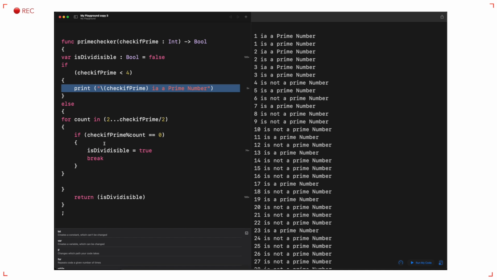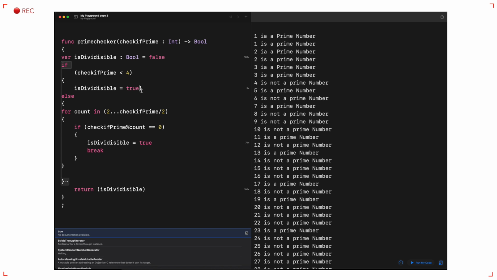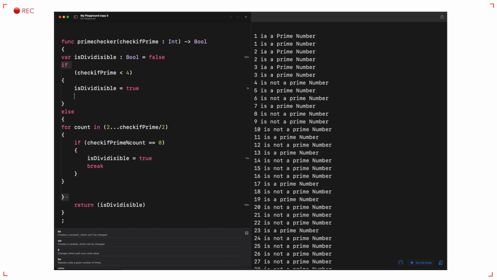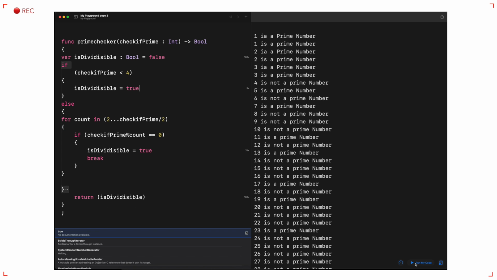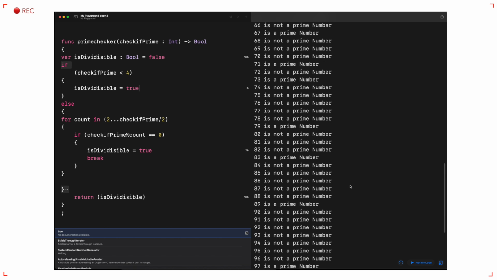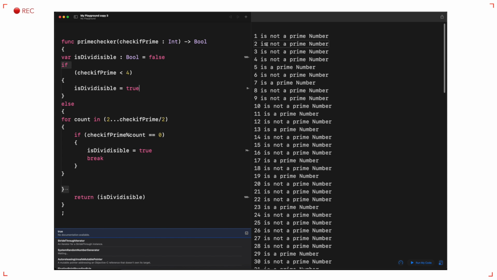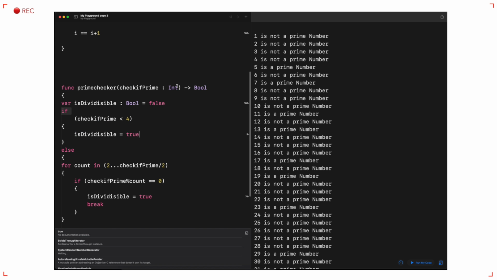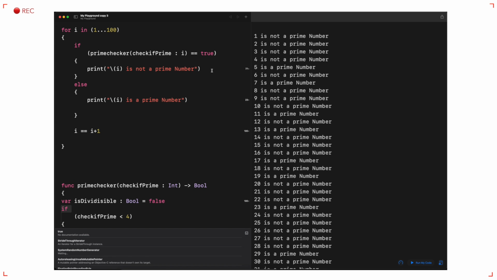So basically what I have to say is inside the function, instead of putting this, I'm gonna say if this is this, then is divisible is equal to true, if that makes sense, because that's the criteria. I hope you guys are understanding what I'm doing here. If not, just watch it again and again. So that should take care of the duplications that we had, and now this program is working